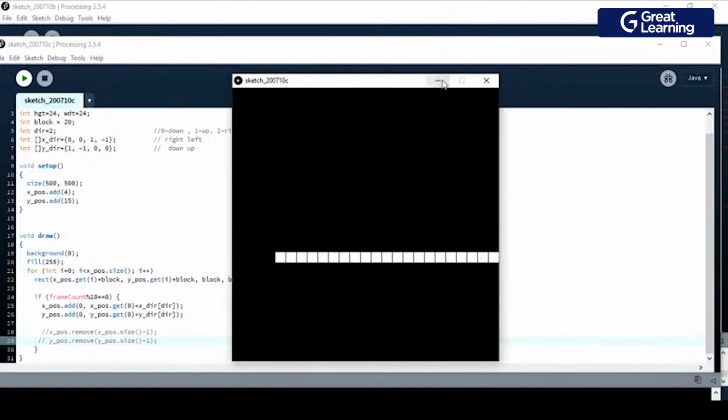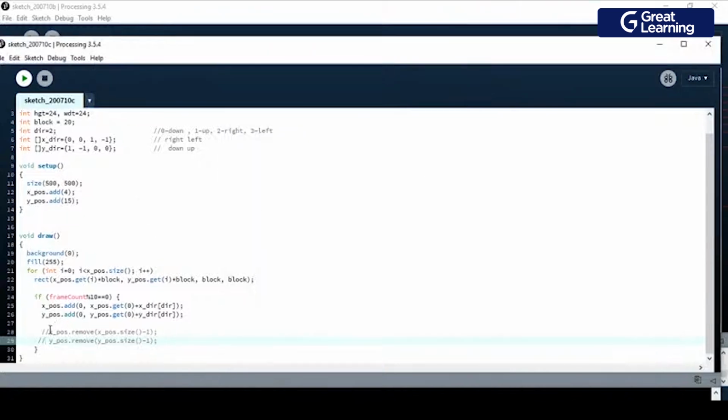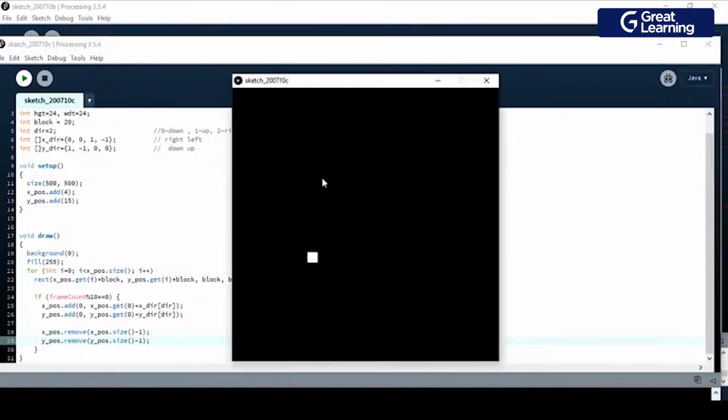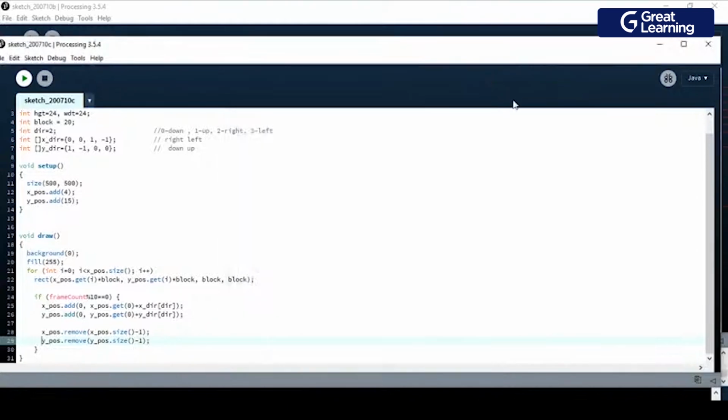Now we don't want that. We want it to move, but we want the previous values we have inserted to be removed, okay? So once I include these two lines and run this, it will just move along, okay? Don't worry about it going apart from the screen. We are just trying to build step by step, okay? Now let me quickly run this again. You see, now it's running, it's moving along. Cool. Now let's go back to our slides.